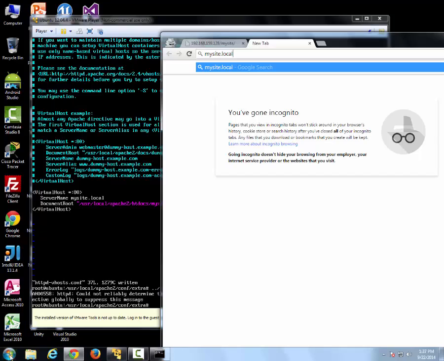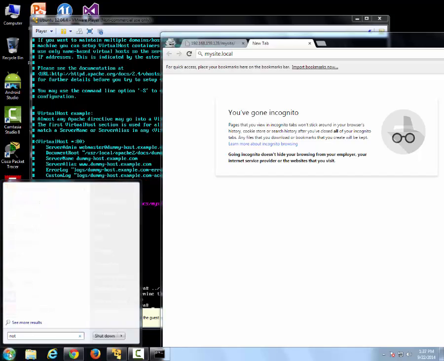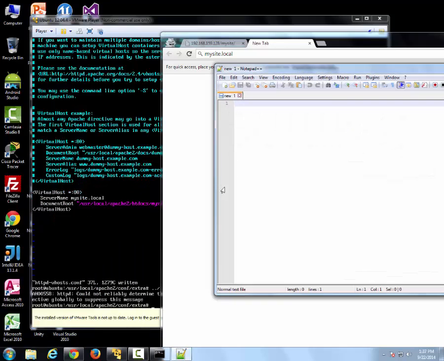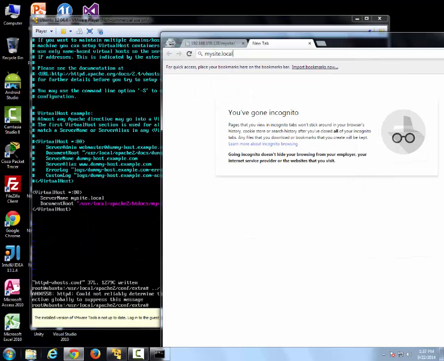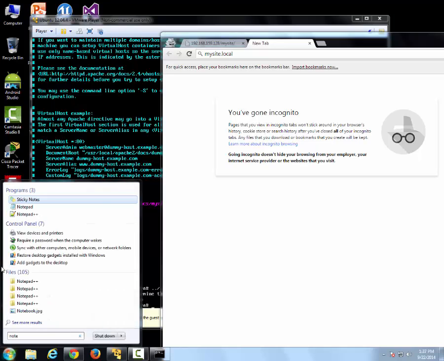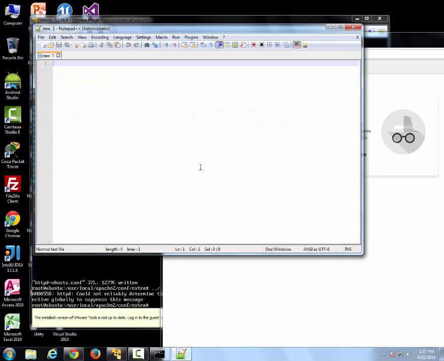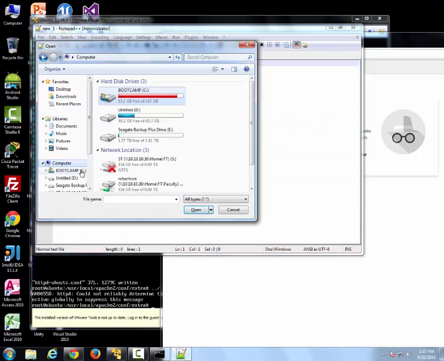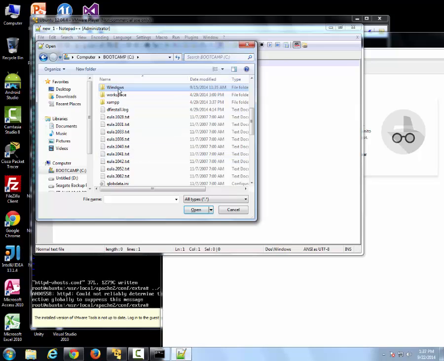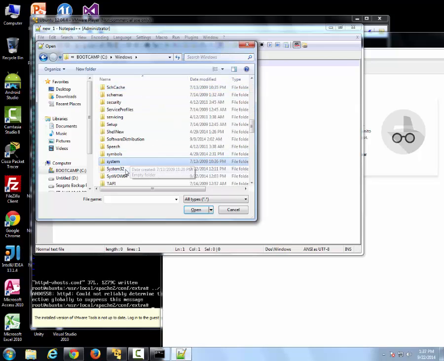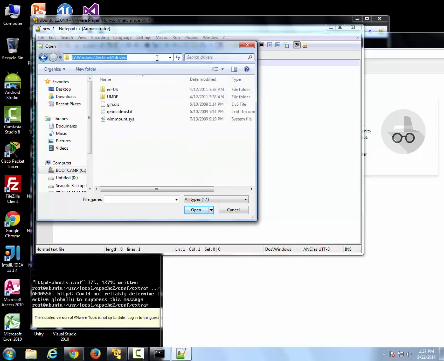So on Windows, let's open up Notepad++. You have to open it up as an administrator because it's a protected file. So we're going to right click here, run as administrator, yes. And we're going to open up the hosts file. In Windows, it's in C:\Windows\System32\drivers, and the etc folder isn't even listed here, so you have to type it yourself, /etc, and inside etc there's a hosts file. So we're going to open up this hosts file,